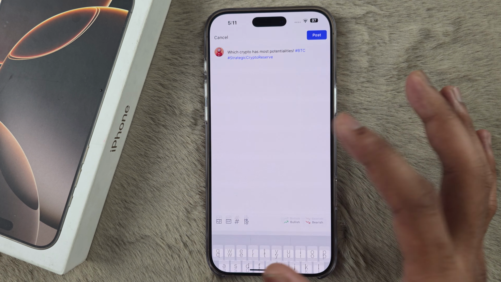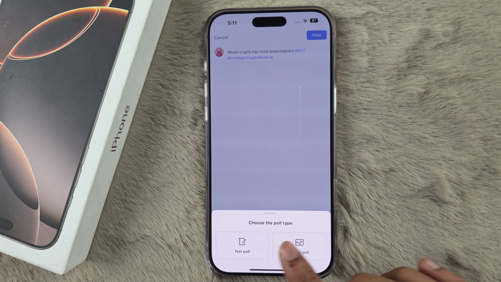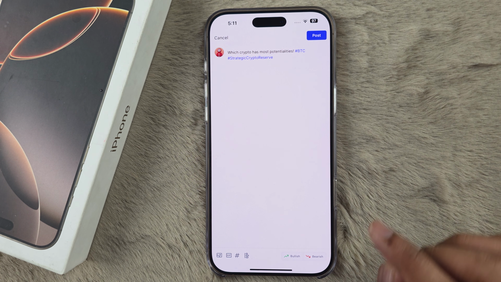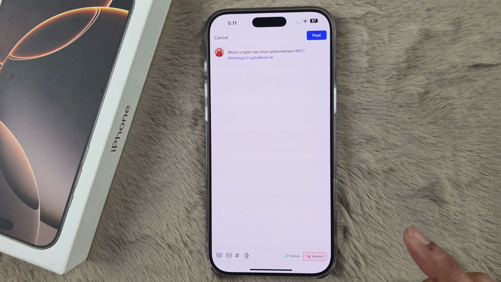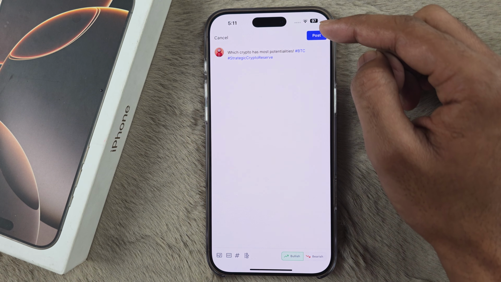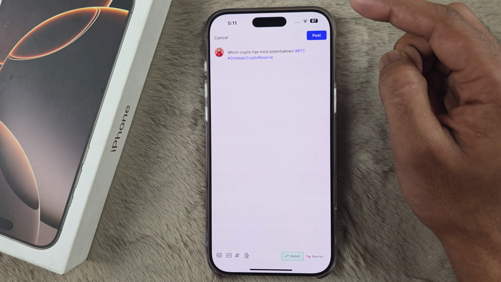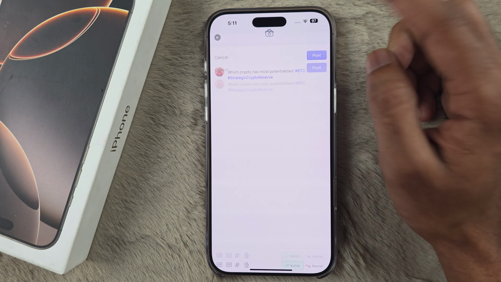So that's how, and if I tap on this, I can just create polls. So that's how I can just tap on post, and also I can select the bullish or bearish. So if you're bullish, then you can tap on bullish, or if you're bearish, then you can tap on bearish. So I'm going to tap on it, one of them. So I'm neither of them, so I'm going to just select the one of them, then click on post, and